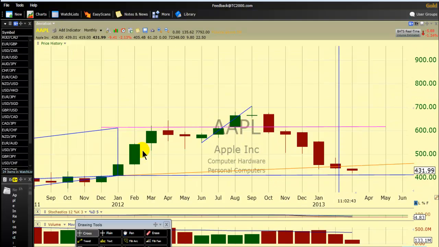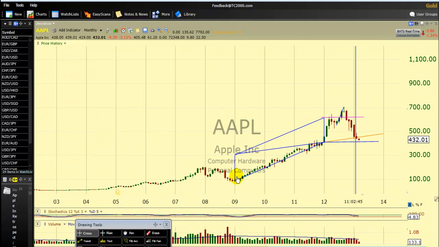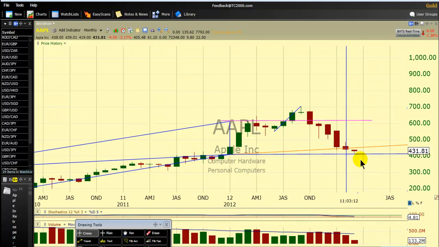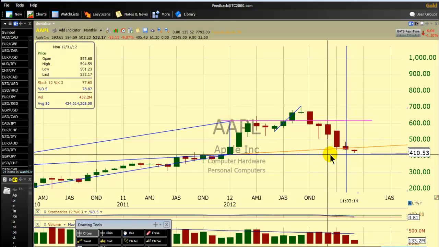We have here what we call a diagonal move followed by a vertical move. The Apple stock is now retesting the orange line here, which is the opposite diagonal. This is the normal diagonal, and the opposite diagonal is roughly this orange line here. The base of the vertical move is also a support level, which is the blue line here. So there is a support here for Apple stock. That support level is near the zone of